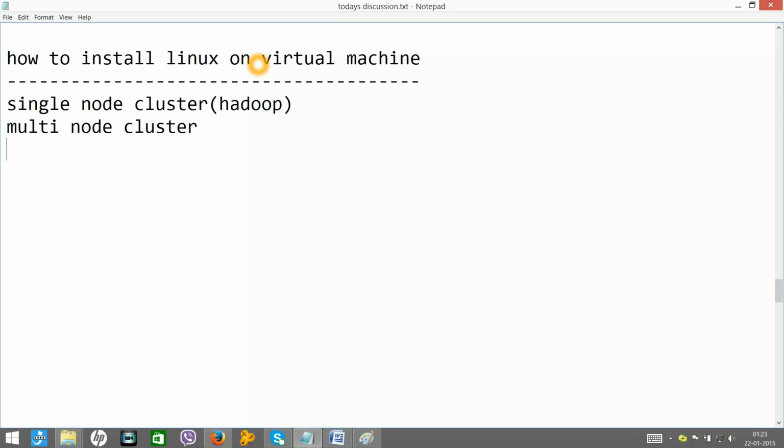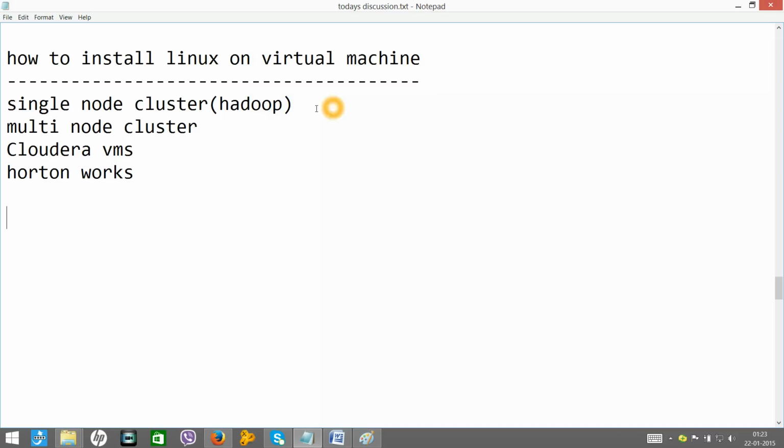Next, we will work with Cloudera, and if needed, I'll also show you Hortonworks, followed by all the examples.